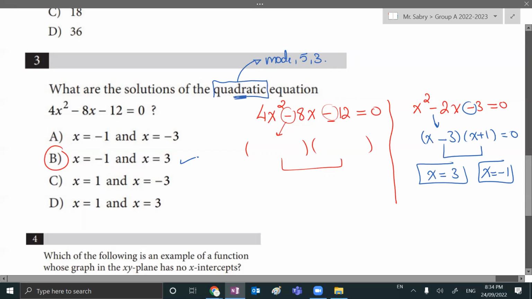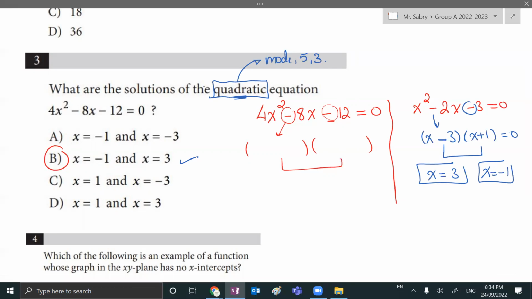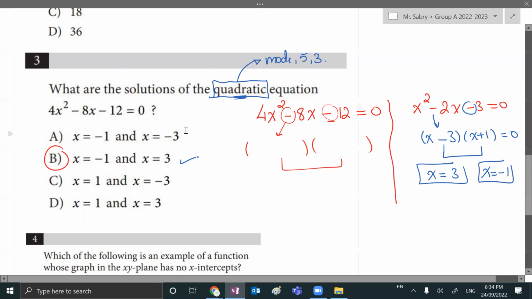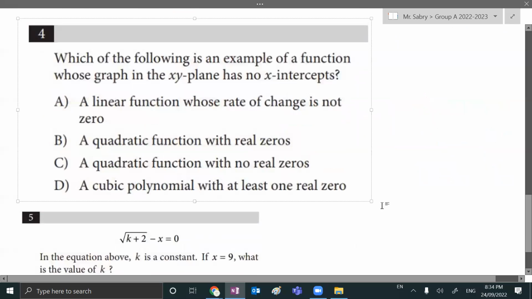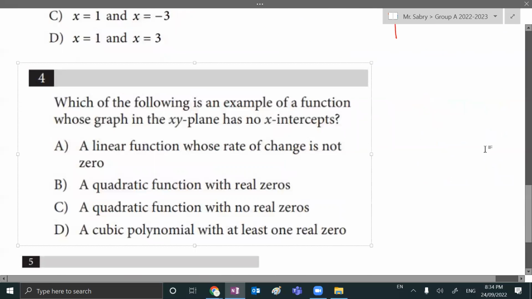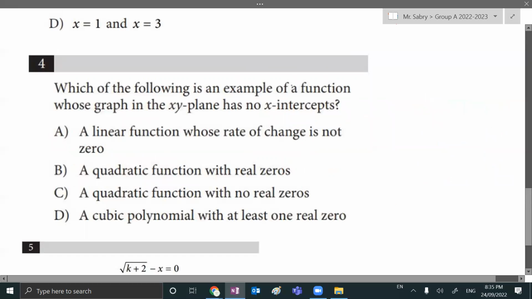Everyone else, is this okay? The various ways that we've done, do they make sense to all of you? You can, of course, submit the choices and try them out. Which one of those would be equal to 0? It's okay. Now, which of the following is an example of a function whose graph in the xy plane has